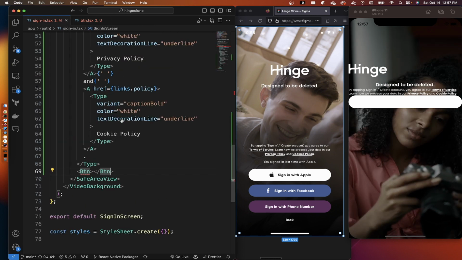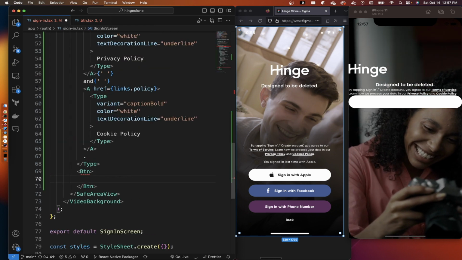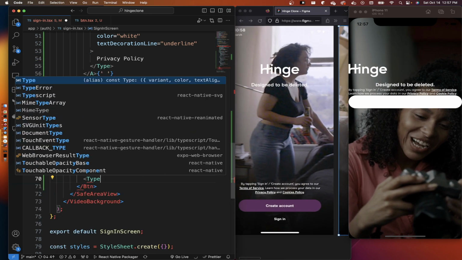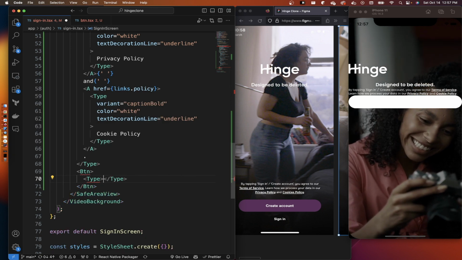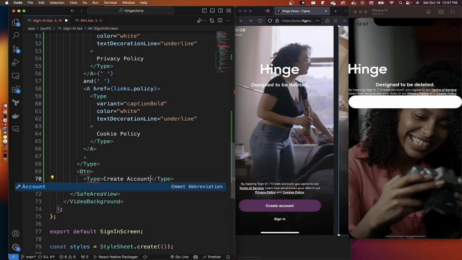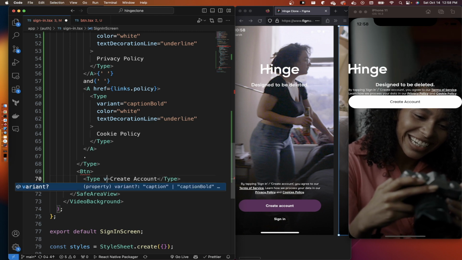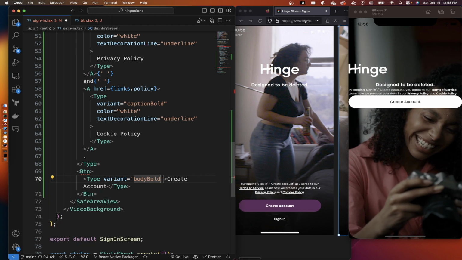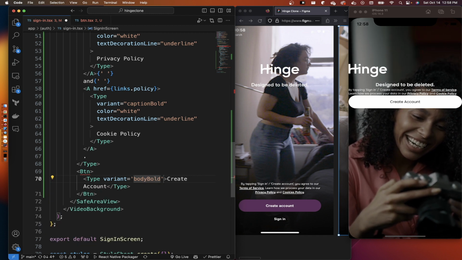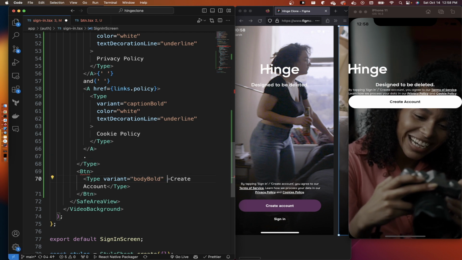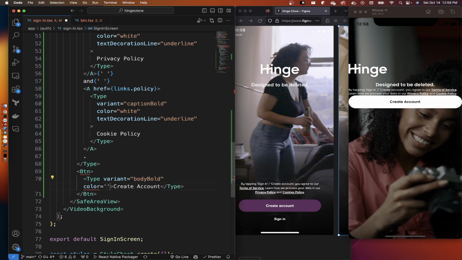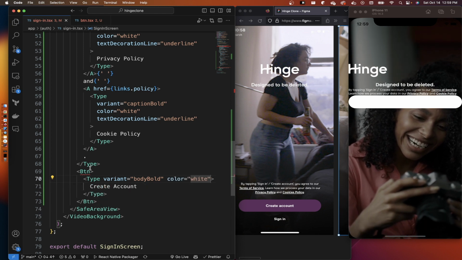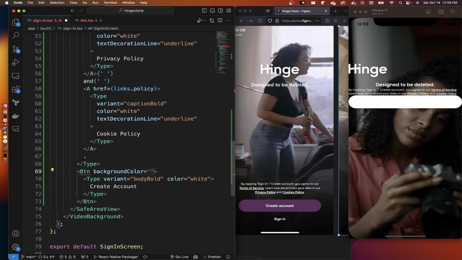Back inside the sign in screen, let's add a type for create account. And I set the variant to body bold. And save. And the color to white. The button should have a background color of